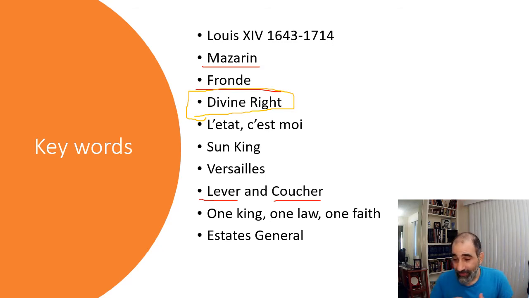Another example of absolutism that you would want to know is that Louis XIV believed in one king, one law, one faith. Guess what happens to that Edict of Nantes? It's going to be revoked. And so now if you're a Protestant in France, you are out of luck. And they don't have the military, the arms, to do much about this. So this was a very harsh and difficult time for Huguenots in France. But again, this is an example of this kind of absolute rulership.